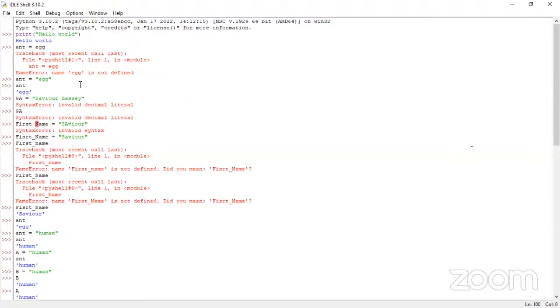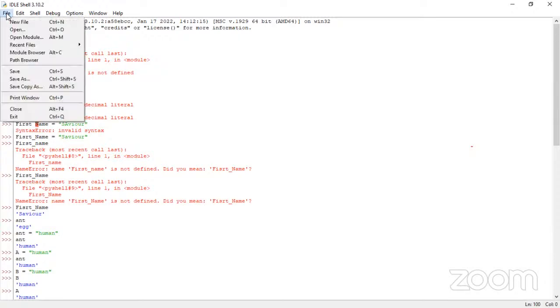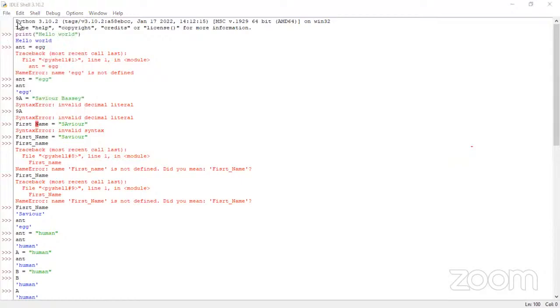So to create a new Python file, if you look at the top left corner of your Python IDE, you see where it says File, and then you can make a new file. You can create this file anywhere on your desktop. And when you create a new file, you see stuff like